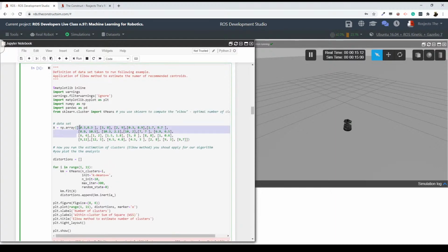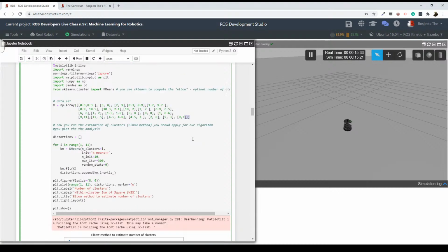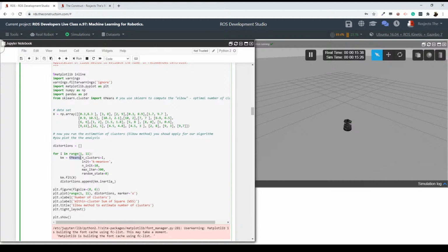Then, for instance, here we have a predefined dataset. Here we have pairs of numbers which represent, in this case, positions in the x-y coordinates. We have x coordinate, y coordinate. So here we define our dataset, and then what we are going to do is execute the k-means algorithm in order to determine the recommended, the optimal, the ideal number of clusters to use. So let's run this example